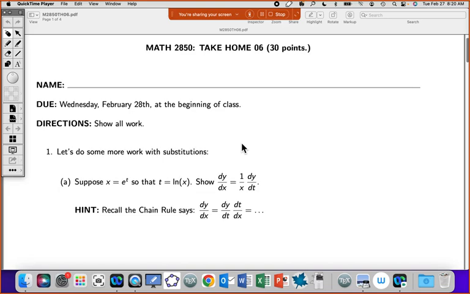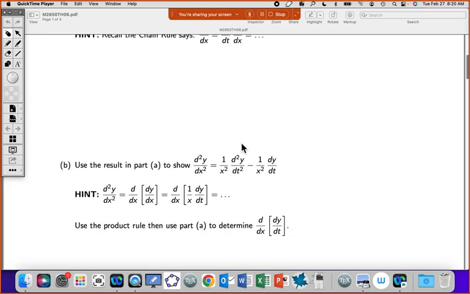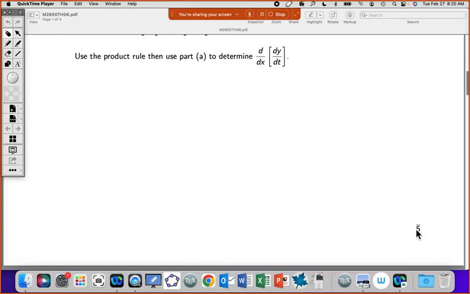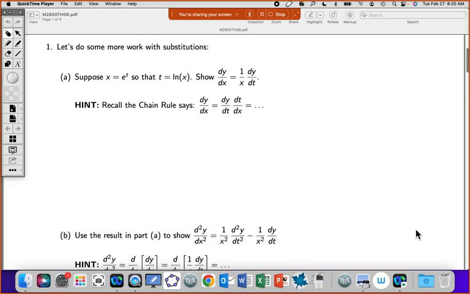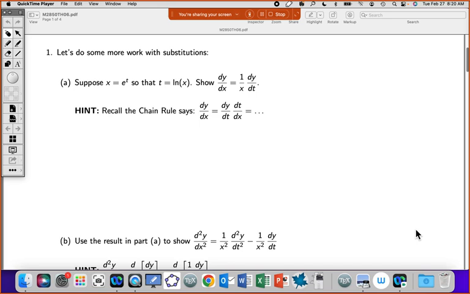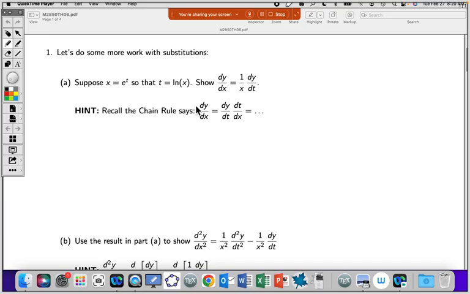At the top of the hour to go over number 1A and B. It's worth 5 points. I think some of you are overthinking this. So let's talk about this. I tried to give you all the pieces you need to put all this together, but